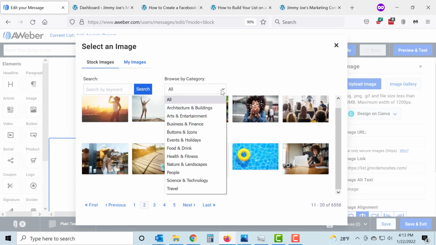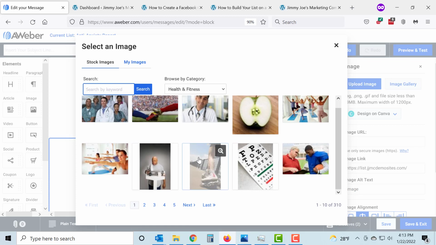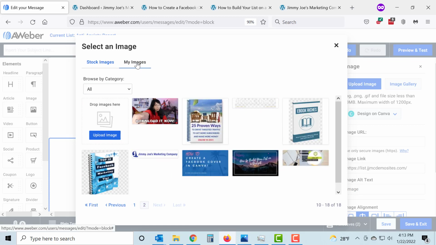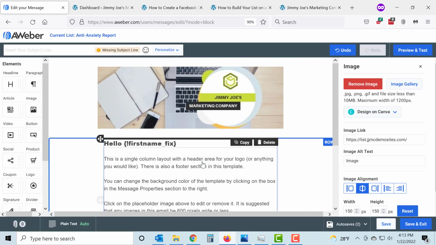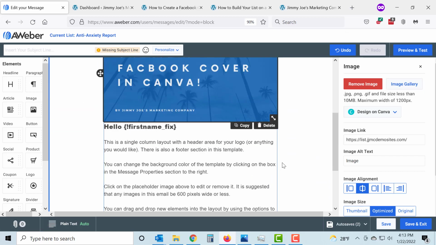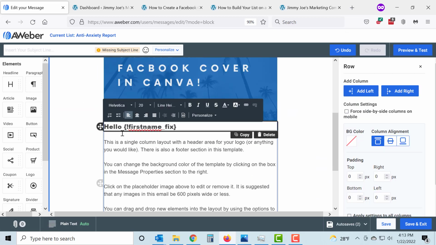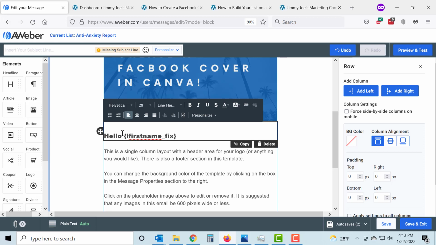And you can separate them by categories as well. You can go health and fitness. I'm going to go with my image, and that would be this one, which I uploaded earlier. Okay. Now I want a little space there under the image, between the image and the greeting. So I'm just going to put the cursor there just before the H, hit the return key or the enter